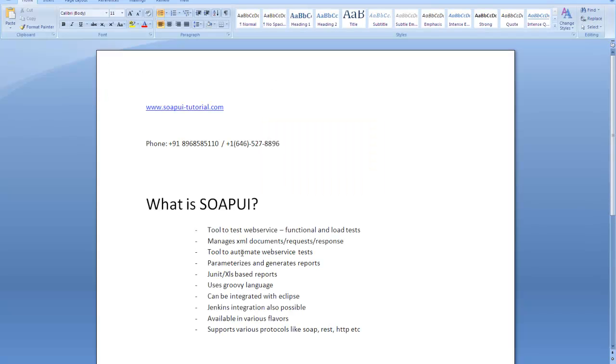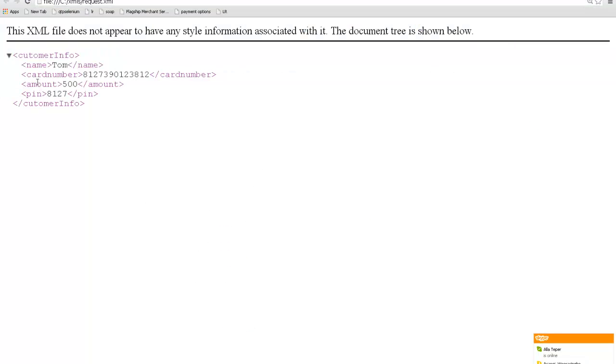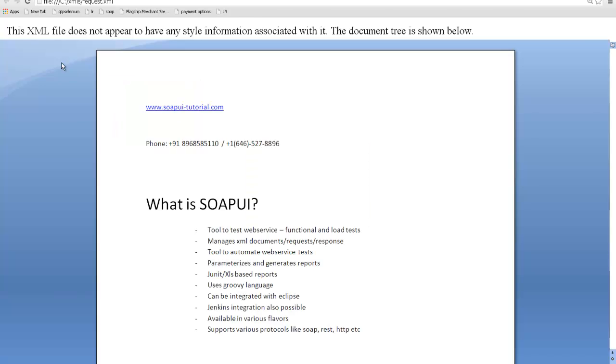Now it is not just manual testing. Most people think that if you use SoapUI, you have to use a manual way to test your web service. Automation is also available. You can automate the testing of your web services with the help of SoapUI. You can parameterize your test cases. That is, suppose you want to send one XML file but with different values. You have to execute one test case with different sets of values. You can do that in SoapUI. You can automate it completely.